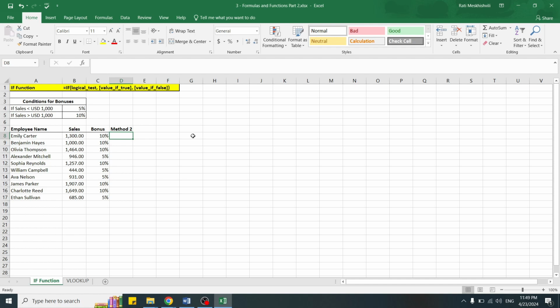Let's use column D for the second method. Before typing the function, let's adjust the format of the cells from D8 through D17 to be percentages. For this, I will select the range, go to Home ribbon, and under the number section, press the percentage sign. Now we are all set. To build this